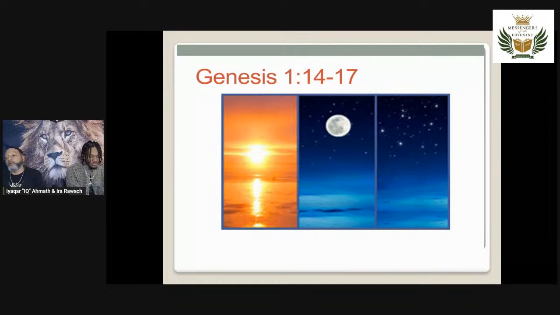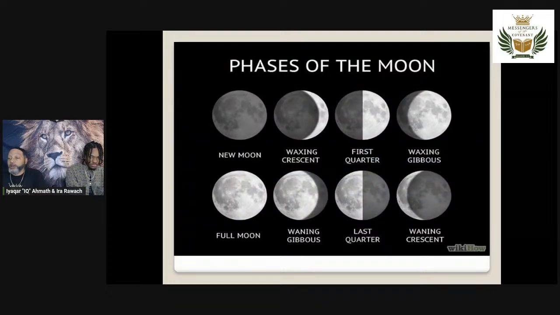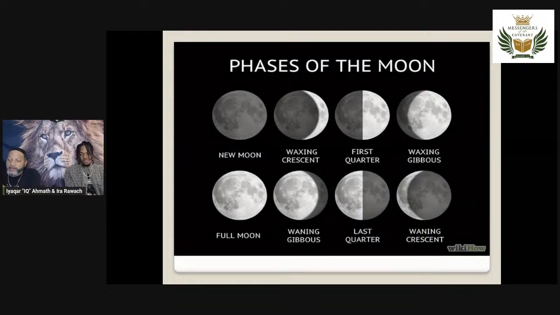All right. We don't look at the sunset and be like, oh, it's even, it's sundown. No, we gotta wait until the moon is in its full cycle, in its full rule. It's dark out. That's when we determine it being the new day. All right. Let's move on. So we've got the different phases of the moon. That's what we talked about earlier. You got the full moon, the waxing crescent, the first quarter, the waxing gibbous, leading up to the full moon, which is what we read in Sirach 43 about it being in its perfection, and then it decreases into a waning gibbous, the last quarter, waning crescent, and then goes all the way back to being dark again.